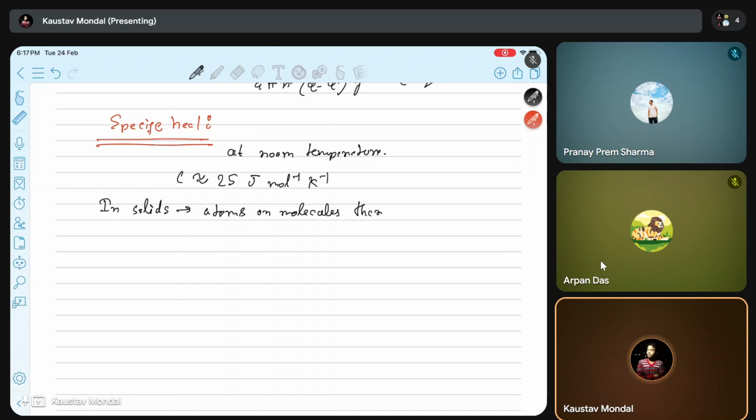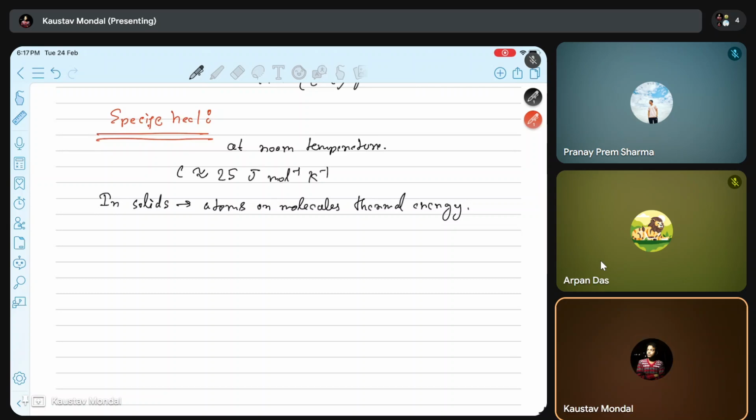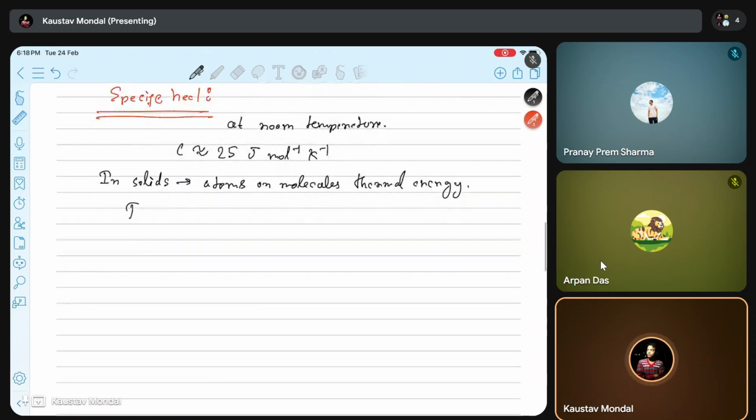So because of that, the molecules can vibrate. So if the molecules vibrate along with the other degrees of freedom, that is rotation or translation, the total degrees of freedom per molecule is basically given by